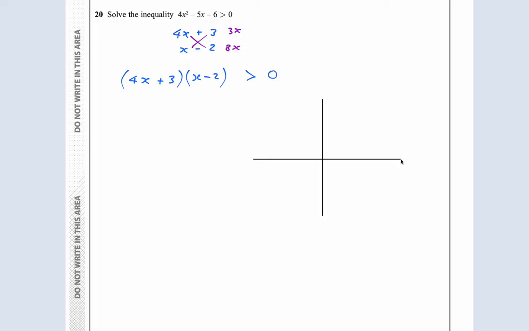What does this graph actually look like? So this is x, this is y. Now it's a quadratic, it's a smiley face because it's a positive quadratic. It's going to go through -6, so it's going to go down like this. But the roots of the quadratic, let's consider